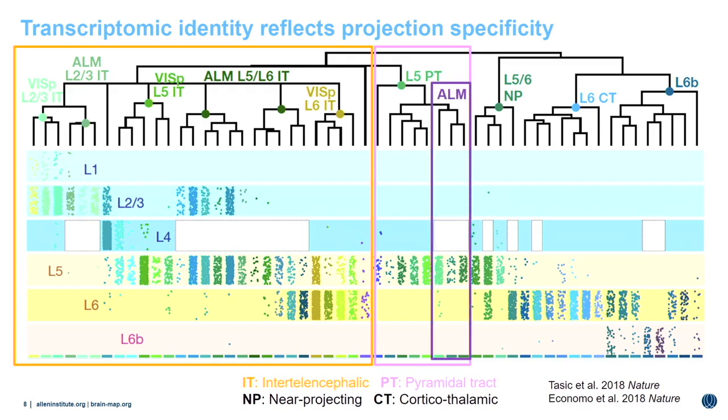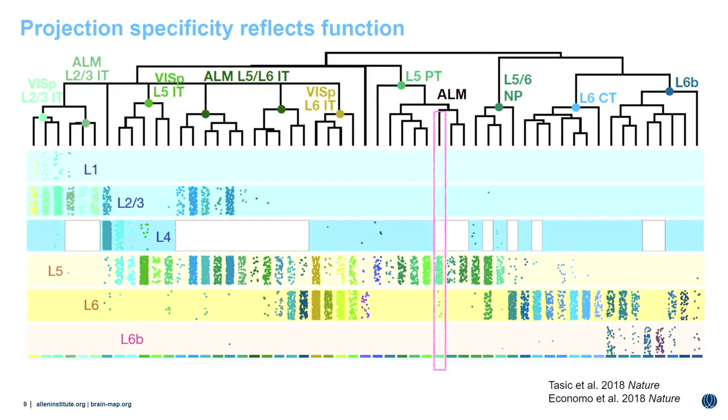I will discuss this particular branch more specifically. And then we have these near-projecting and the cortical thalamic cells. So the major branches, transcriptomically, follow the projection properties. If we zoom in onto this particular area, ALM, and the projection cells that are subcortically projecting, what we see